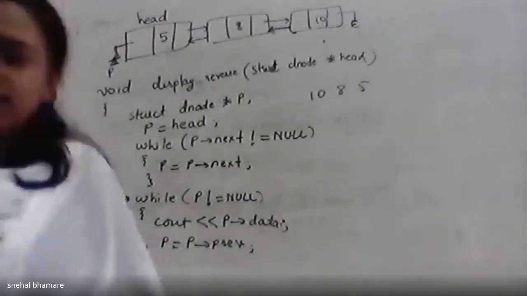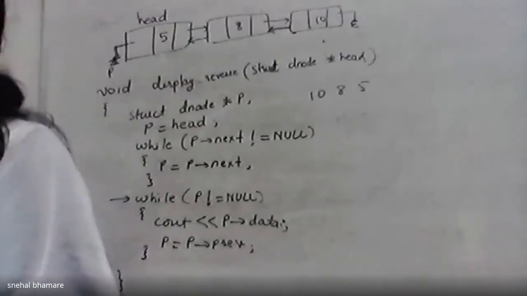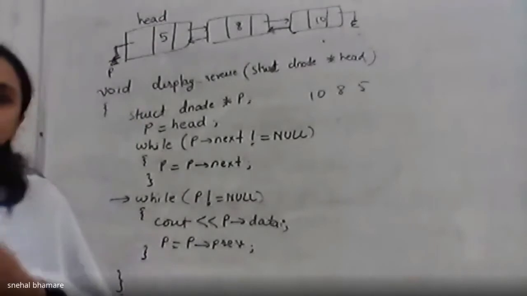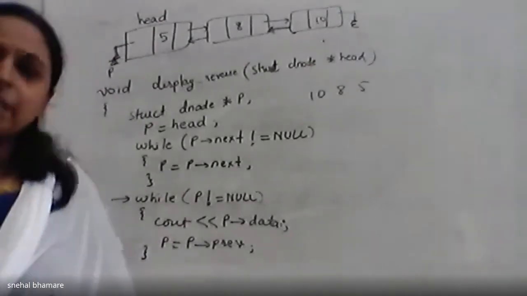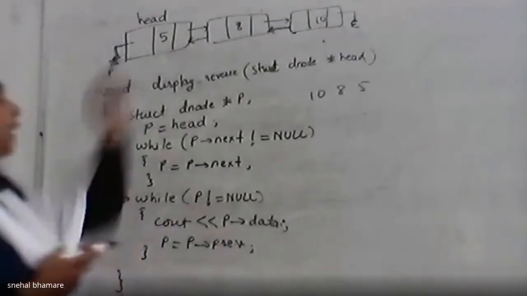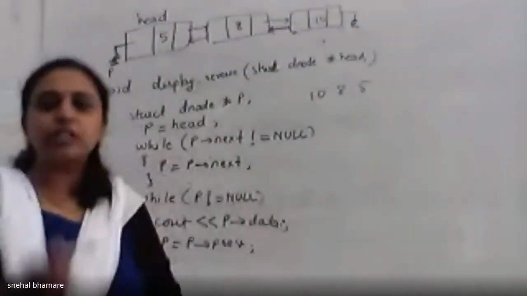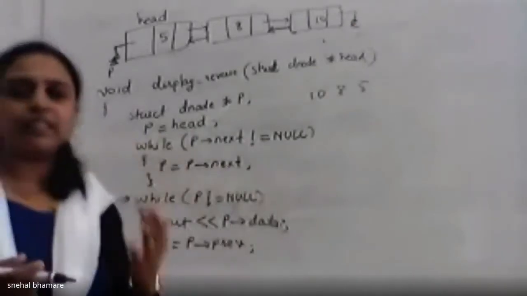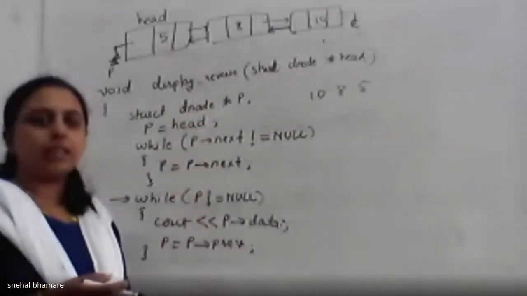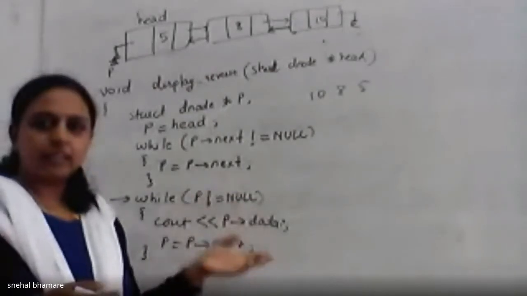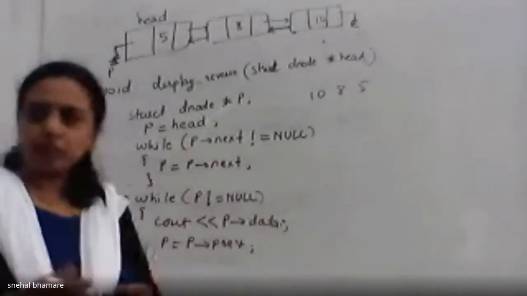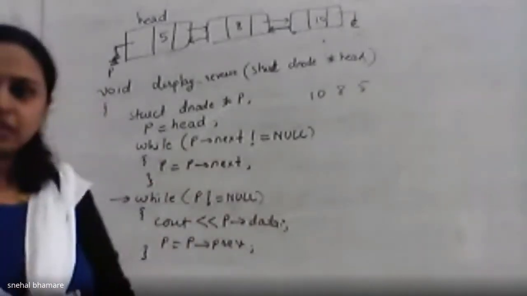How to display the data of a doubly linked list in the reverse order using the previous link? Yes? It is very simple because in case of singly linked list, since we do not have this previous link, it is quite difficult to display the data or to traverse in the reverse direction. But because of this previous link, it becomes very easy in the doubly linked list to traverse in the forward direction as well as in the reverse direction. Got this concept? Yes?